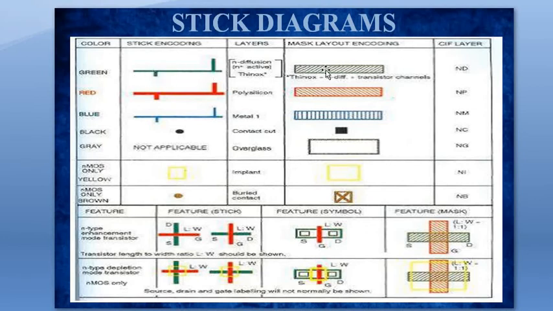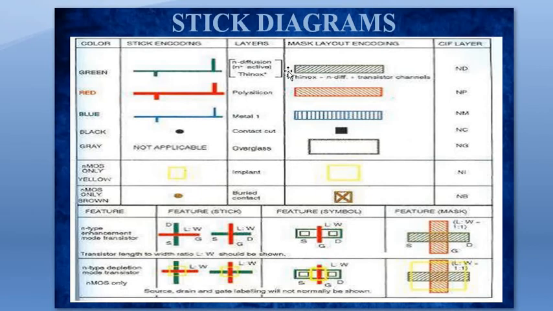Same here, we'll be using this for the layouts. And do remember the linings. The right slanting line, which is very near, very packed, is your N diffusion line. The same right slanting line which is not packed, where we will have some space between the lining, is called your P diffusion. Same right slanting, I am repeating it as right slanting.